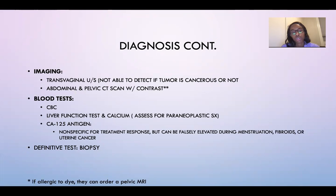The transvaginal ultrasound and the abdominal CT will not tell you if it's cancerous or not, but they will tell you if there's a mass there. Is there an adnexal mass? Does it look heterogeneous, or what does it look like? How does it differentiate? It will be described, and that will lead you to, is this cancer, is this not cancer,